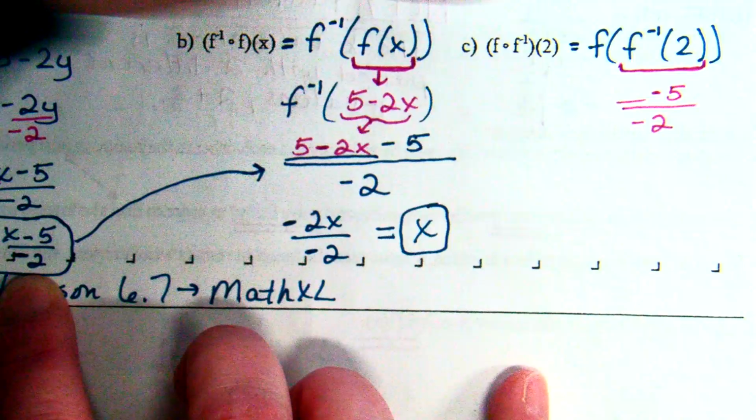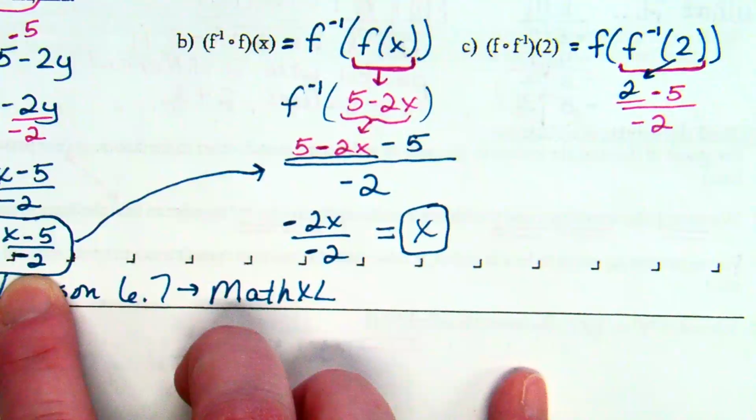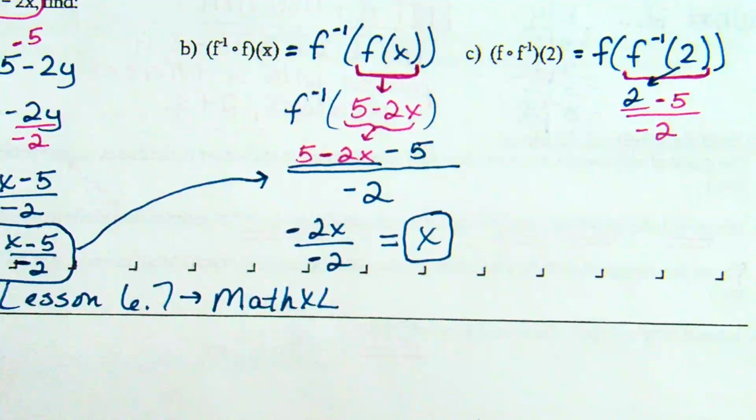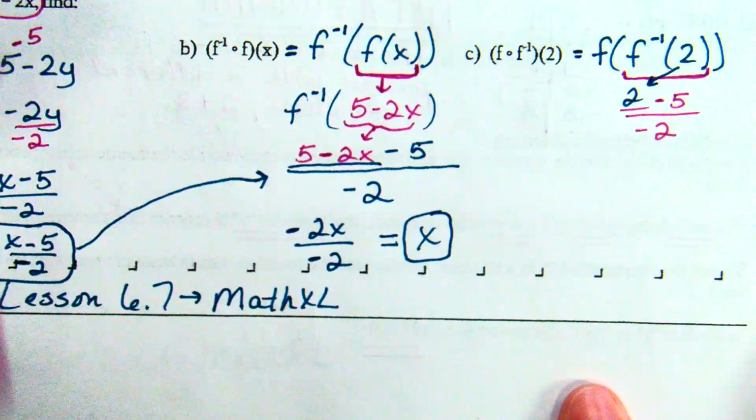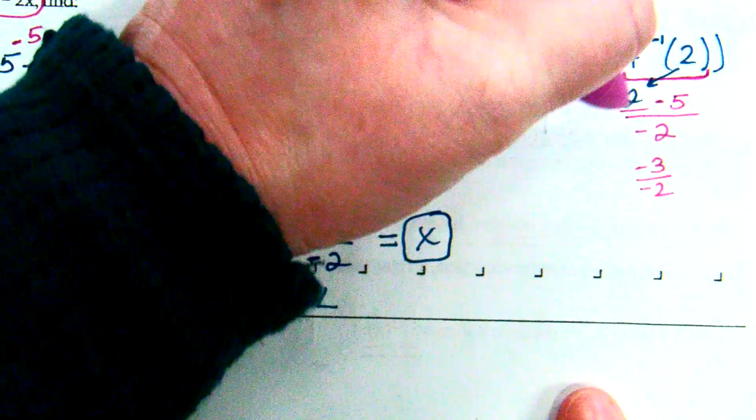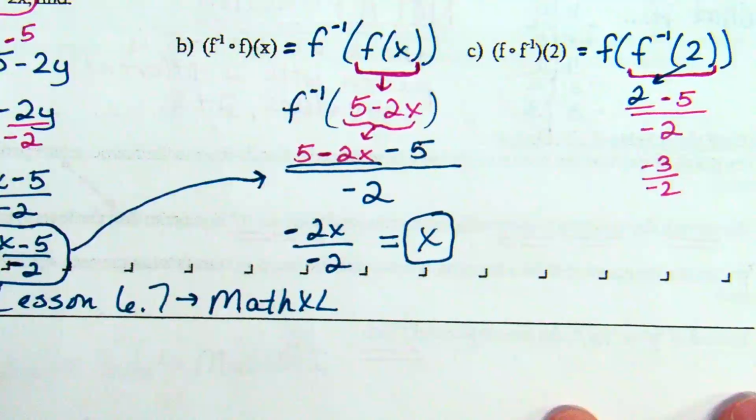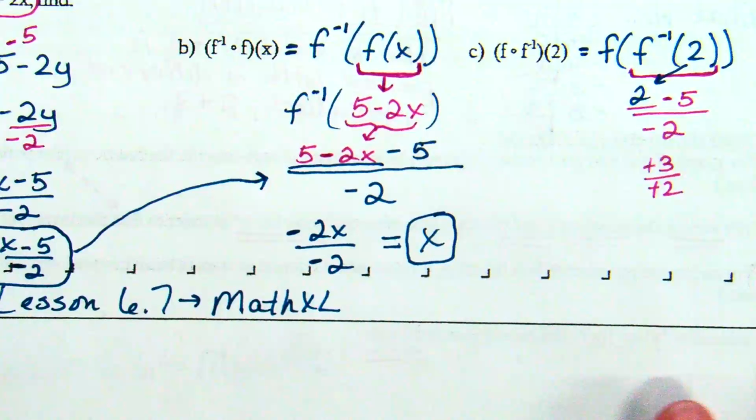Yeah, we have to talk fractions for a moment, but it's okay. So what is 2 minus 5? Negative 3. So now I have negative 3 over negative 2. What do you know about a negative divided by a negative? It's a positive, yes? So can you handle me saying that 2 minus 5 over negative 2, negative 3 over